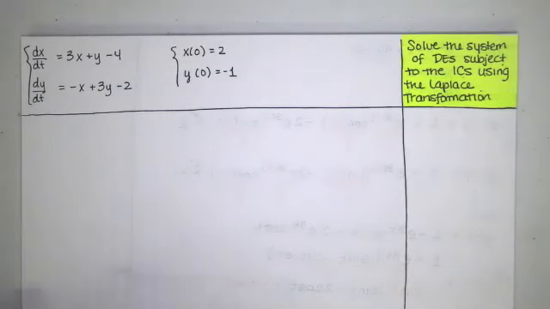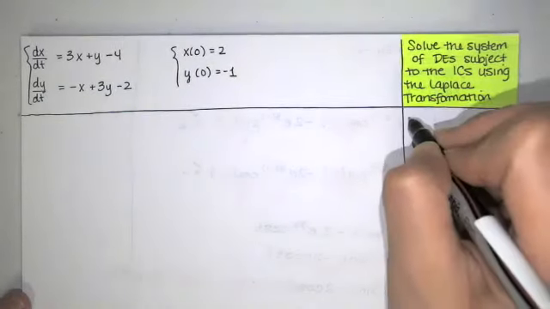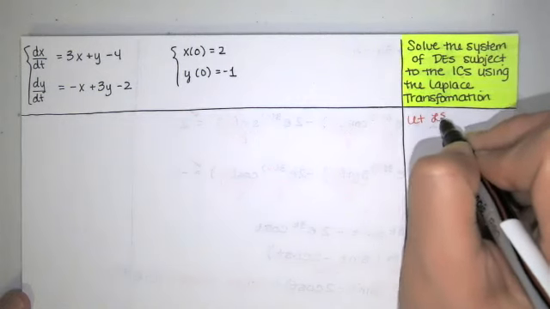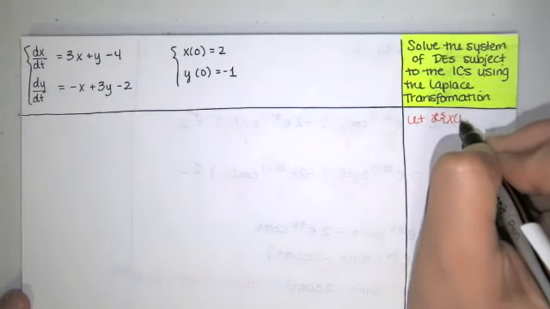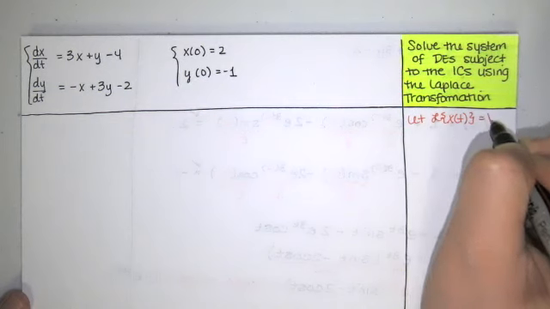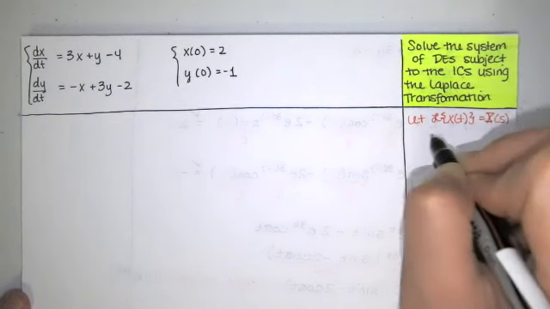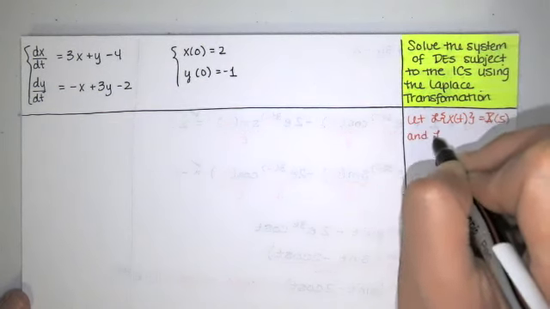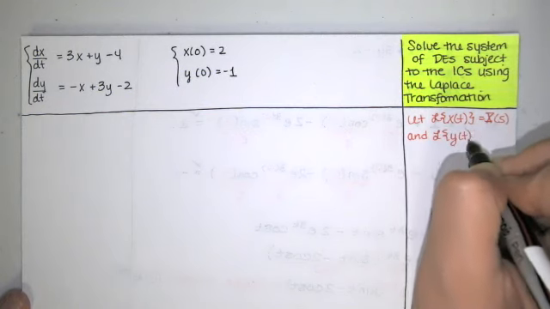In this video, we solve a system of differential equations subject to initial conditions using the Laplace transformation. We'll start in the same way that we always start. We introduce our notation. Let's let the Laplace transform of x of t be capital X of s, and the Laplace transform of y of t be